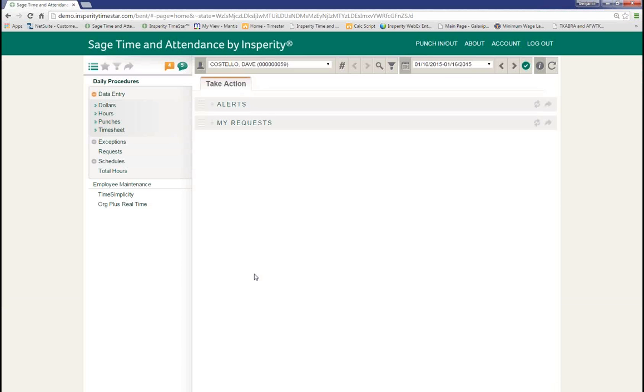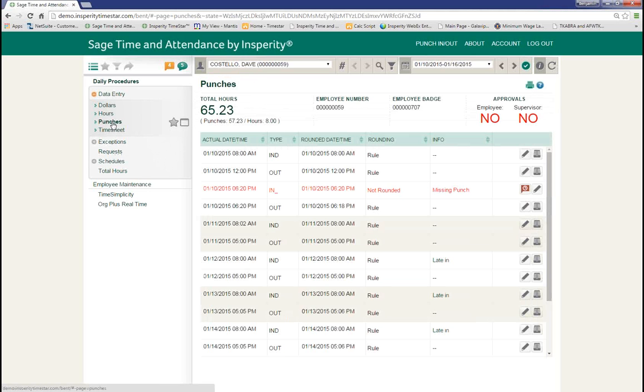I'm going to go ahead and log in as Dave then and start with the employee self-service. When employees have access to computers, the main items they're going to be doing in the system is going to be doing those time-off requests, as well as missing punch requests. What the system does is make it very helpful for the supervisors, and it allows the employees to be more proactive with their punches. Employees can come in and view their punches and see, Dave sees on the 10th here,